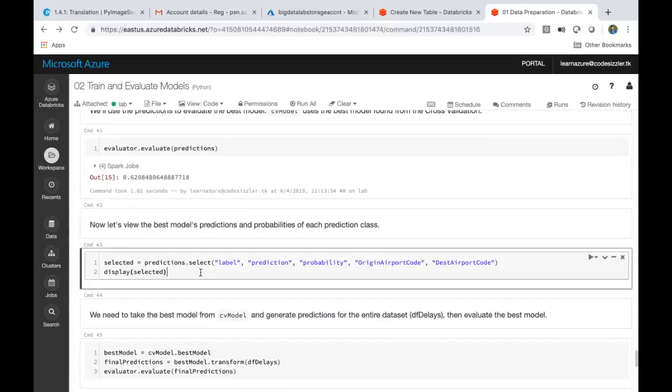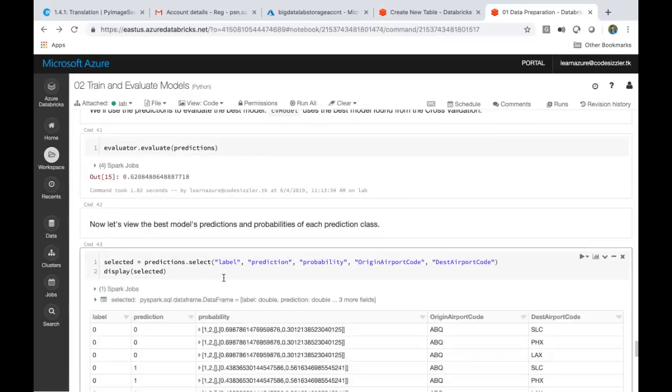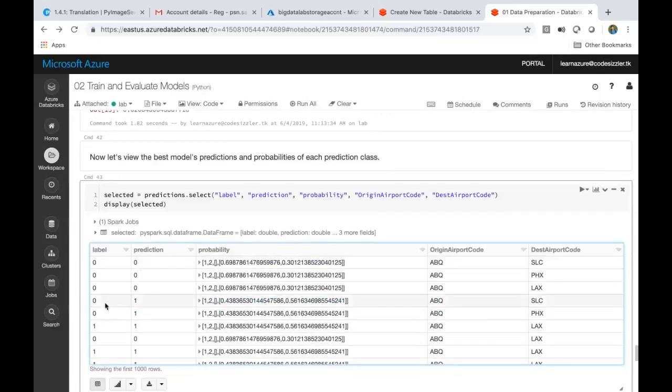So now I'm selecting the right model and the right values. It gives me the label here, and the prediction is this one. I'm giving all these values, the origin code is this one and the destination code is this one. So I'm just giving the analysis here.